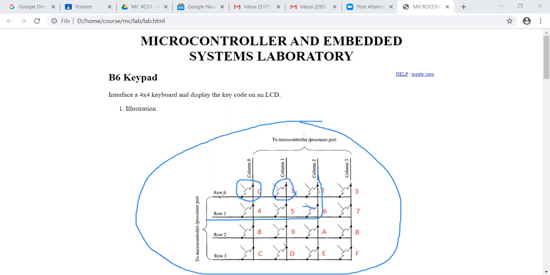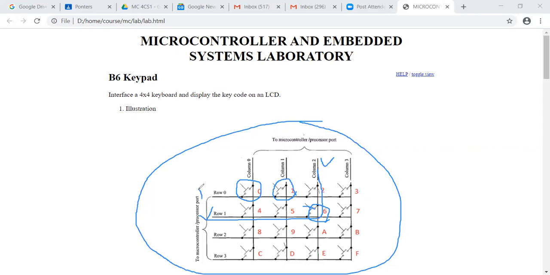And we have to determine which column has come in contact with which row, and what is the switch value you have to display on the LCD. Such a mechanism we call keyboard scanning: scanning all the junctions to find out which junction is in contact with the row. How this is realized in the program, you will see after understanding how these rows and columns are connected to the ports.